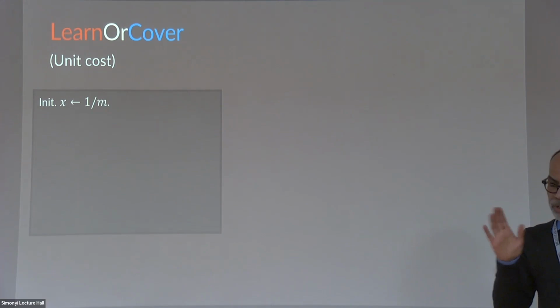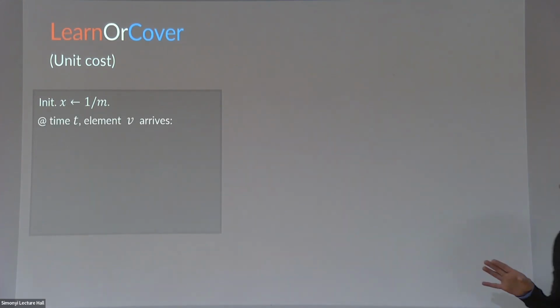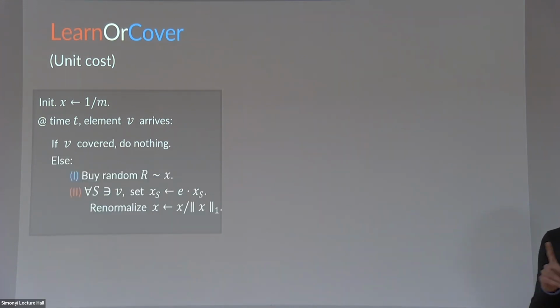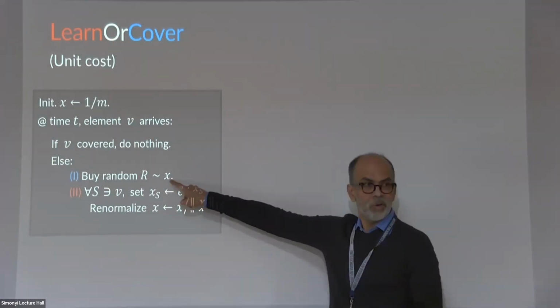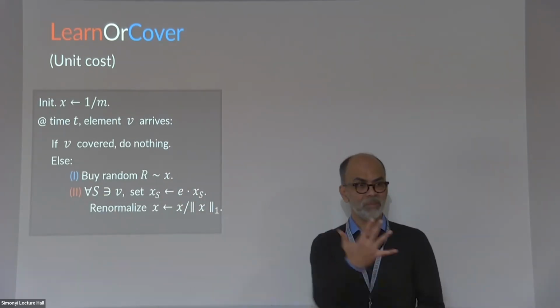Okay, it's actually a distribution over sets. I shouldn't call it a solution. It's a distribution over sets. Initially, the uniform distribution. At each time an element arrives, as before, if it's covered, do nothing. Otherwise, do two things. Pick a random set from this distribution over sets. This is kind of like picking a random hand and a random set